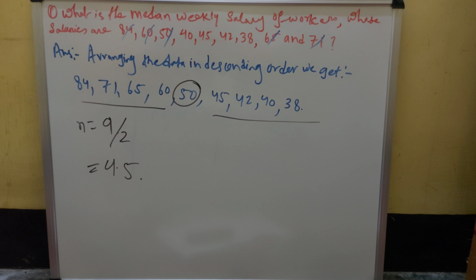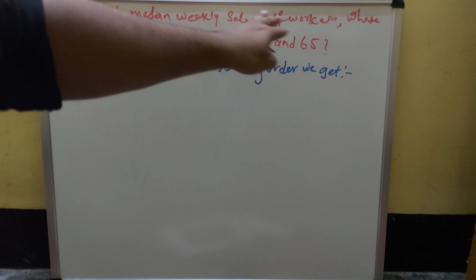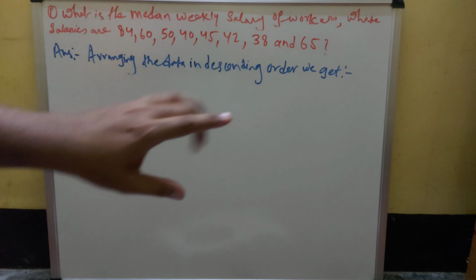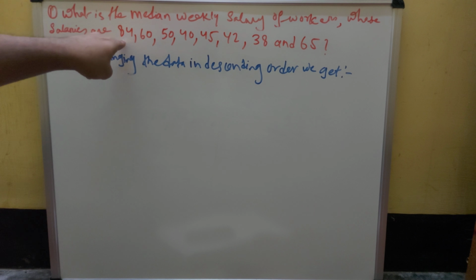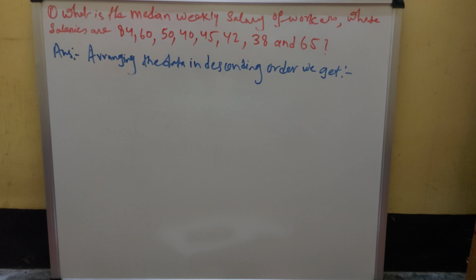Okay, so we'll be solving another one. Okay children, now see this question. Don't say that sir this is same as the previous one, okay? It is different. How? Let me explain. Look, the previous numerical, what did we see? The same question is given, but in this case if you look very carefully, the number of data is 8, that is 1 less. Look, 1 2 3 4 5 6 7 8 means in this case we are given the weekly salaries of 8 workers, okay?